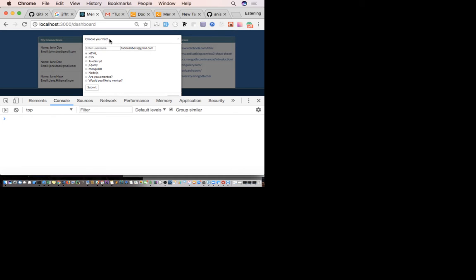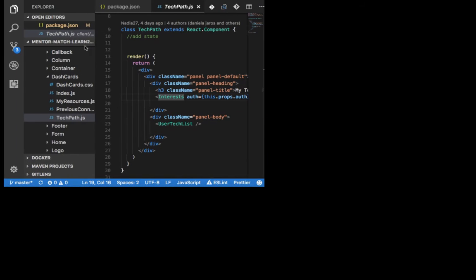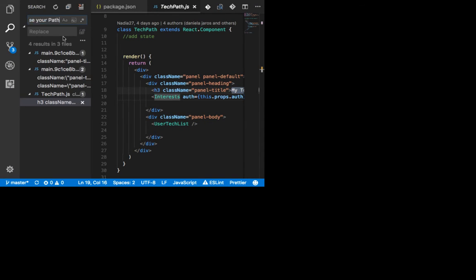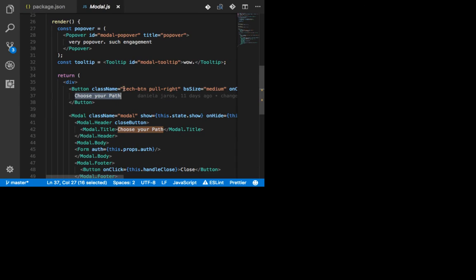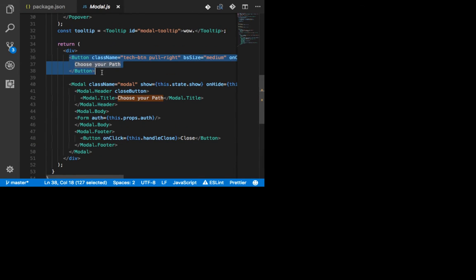So I'm going to search for choose path again, and it's over there. This is where the data is being handled, in this function, which I'm assuming is right.